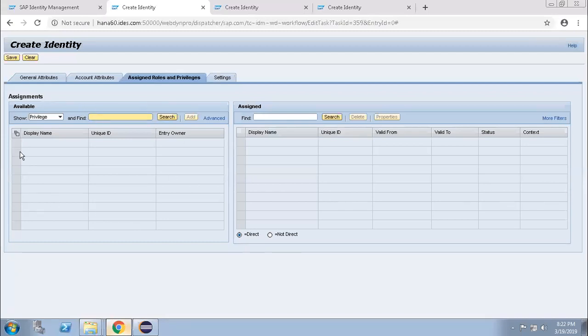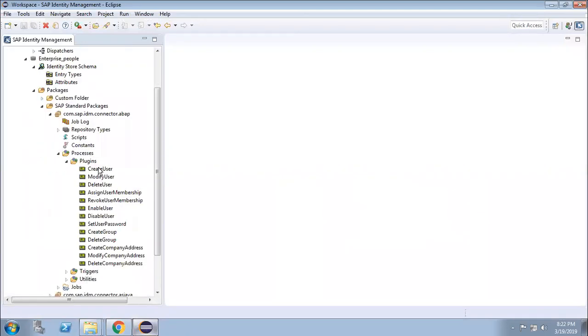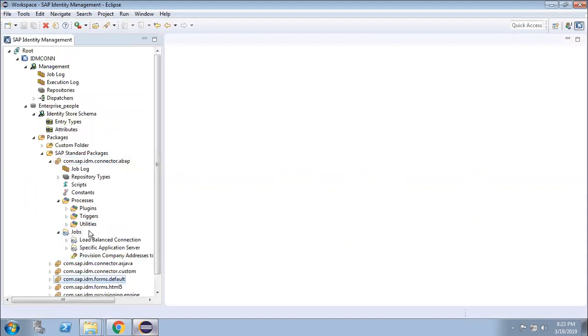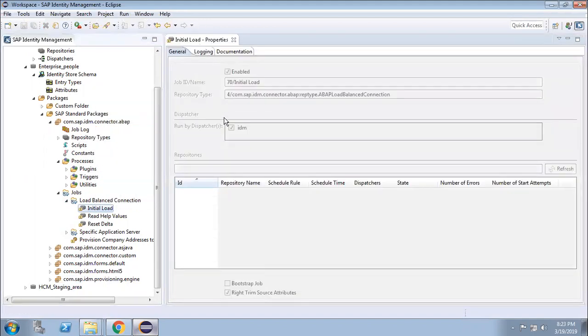In order to give this privilege, the privilege has to be present over here. We need to pull that data through the initial load. There is a standard job present under the above, called the initial load job. If you click on the property, that's another thing I have to discuss. Yesterday I discussed it a little bit. Another class thing, I uploaded into the Google Drive.